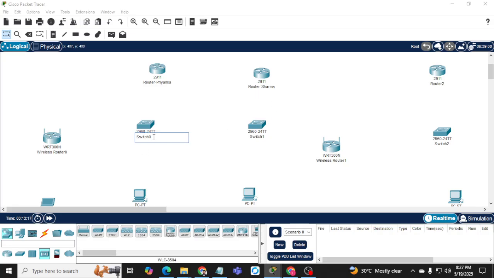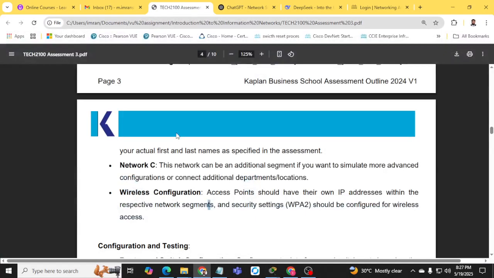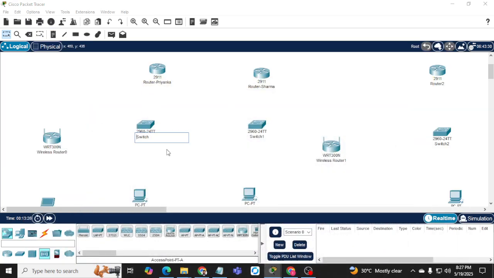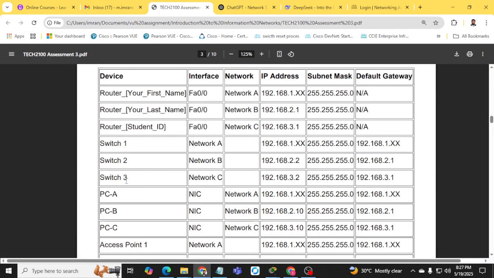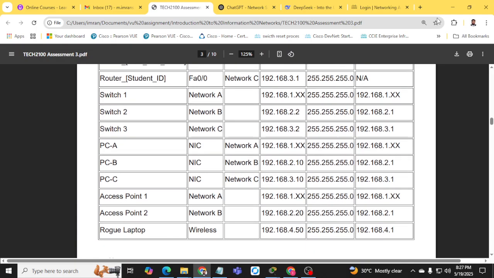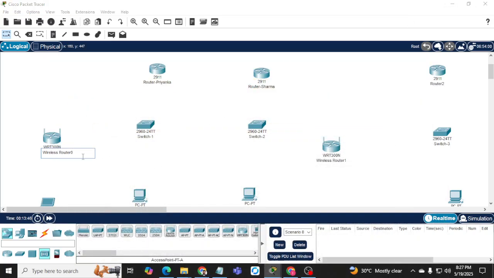So the switch should have network A. We can see here the naming: switch 1, device name, in the network A. This is our network A 1, and switch 2 here, and this will be switch 3. We can confirm from here switch 1, 2, 3, and PCA, PCB, PC2, and access point 1, access point 2, and rogue laptop. This will be as access point